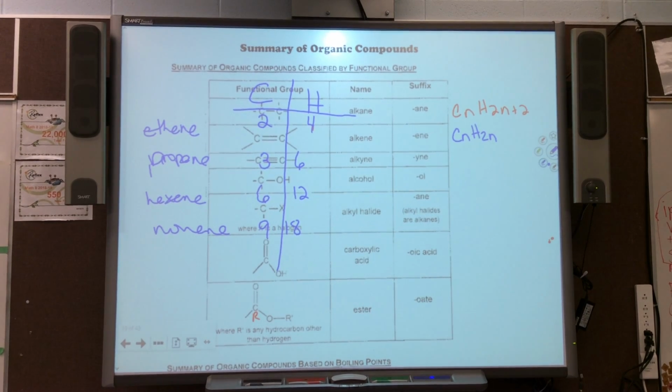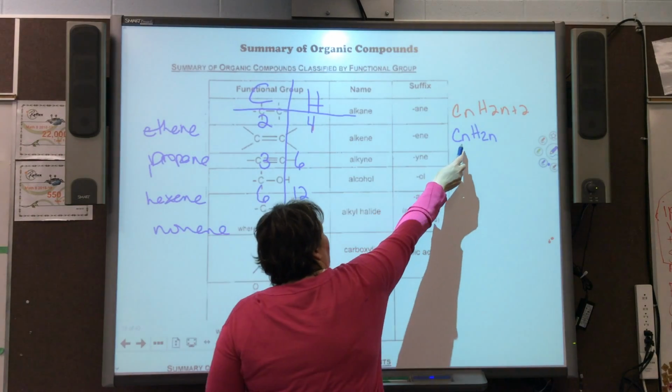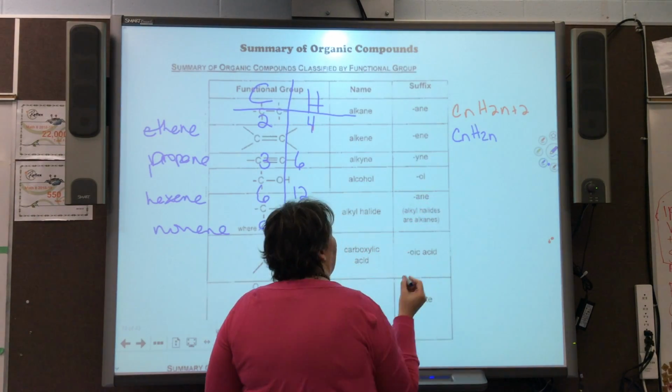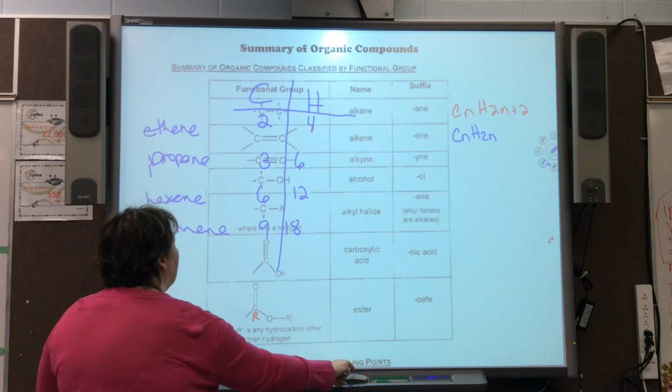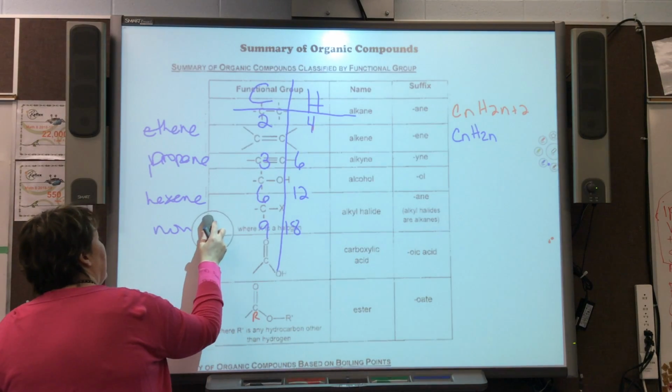Okay, so when we're looking at double bonds, ethene has 2 carbons and 4 hydrogens. Propene has 3 carbons and 6 hydrogens. Hexene is 6 and 12. Nonene is 9 and 18. So we can say that the pattern is for every carbon, there's double the amount of hydrogens. When we look at triple bonds,